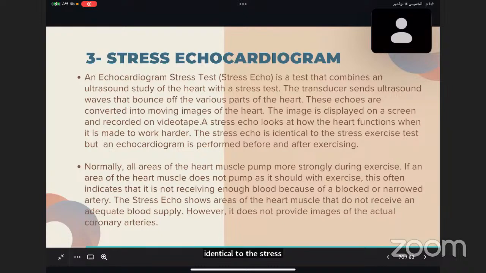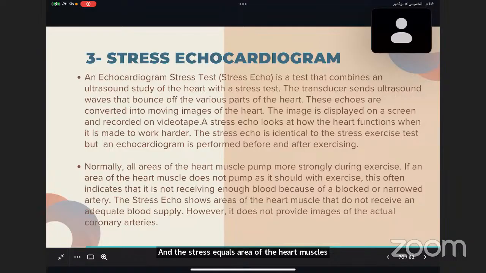exercise test, but the echo is performed before and after exercising. Normally, all areas of the heart muscle pump more strongly during exercise than in normal life. If an area of the heart muscle does not pump as it should with exercise, this often indicates that it is not receiving enough blood because of blocking or narrowing of an artery in the heart. And the stress echo shows areas of the heart muscle